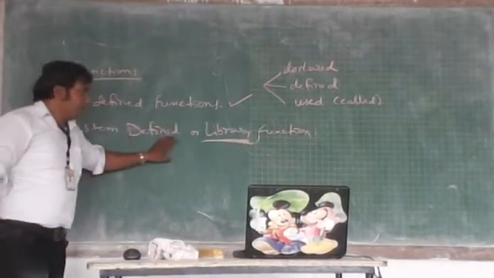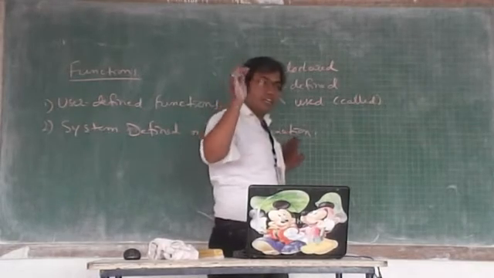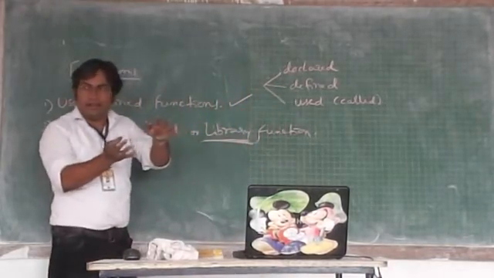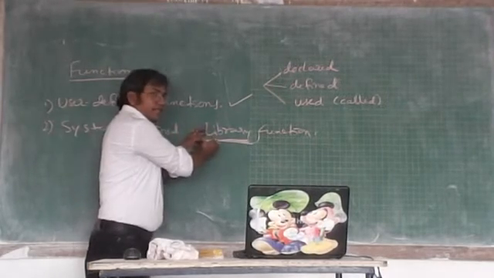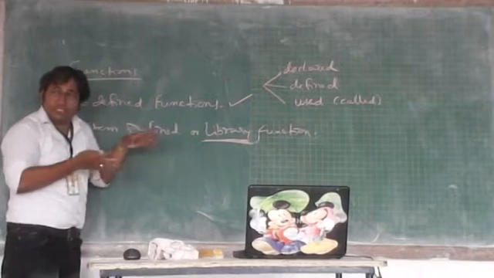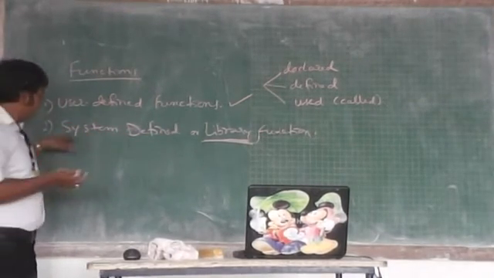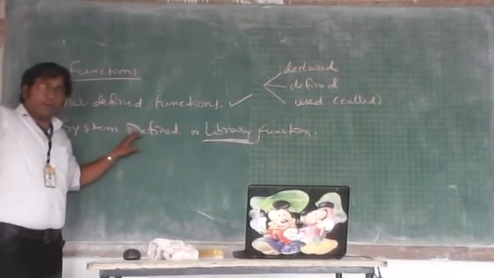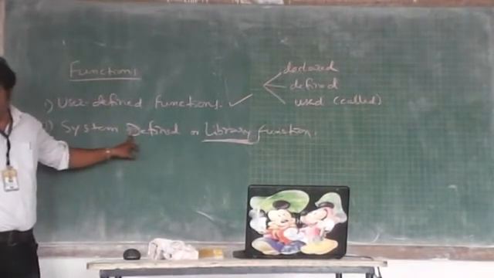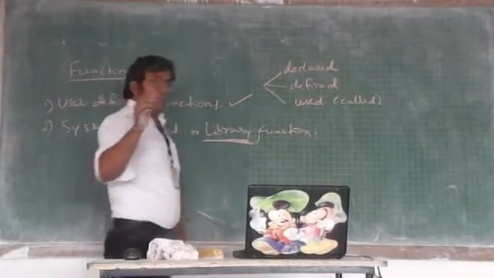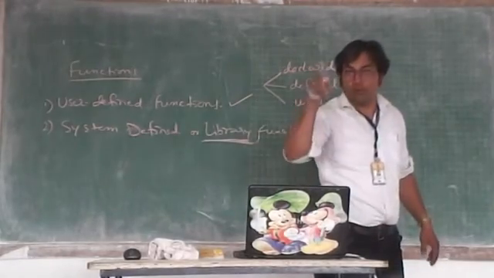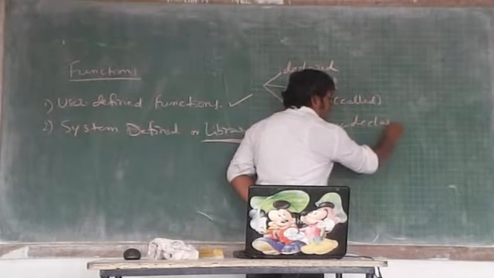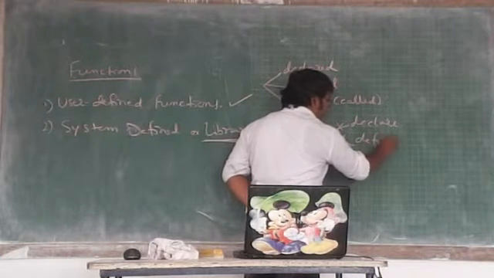So compiler writers wrote such commonly used functions, grouped them together, and called them a library of functions. And since such a library of functions comes along with the system, along with the compiler, we term them system functions. But who defined them? The system did not define them, but the compiler writer himself defined them. He declared and defined them himself, and they are readily made available to you for use, only use. In this case, you are not needed to declare such functions. You are not needed to define. You only need to